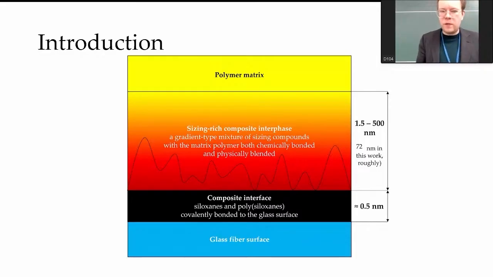And if we look, let's say, how big is this interface? It is just barely less than a nanometer. So experimentally, it's very tough to look into this covalently bonded part, but also the one which is called the interface, right? So there's the difference between the interface being 2D and the interface being 3D. It's kind of like a mix of this film former together with the matrix. This can range up to 500 nanometers, but